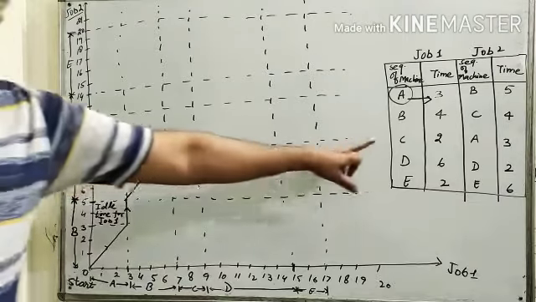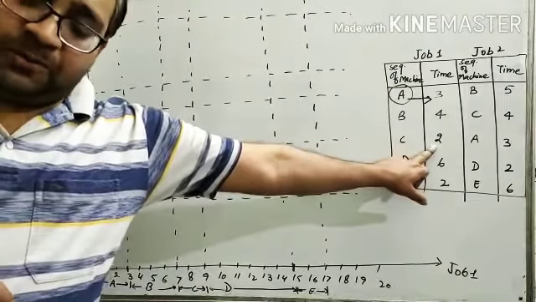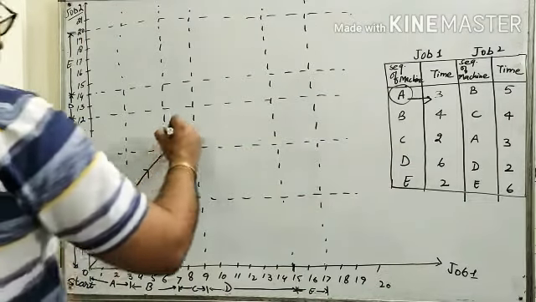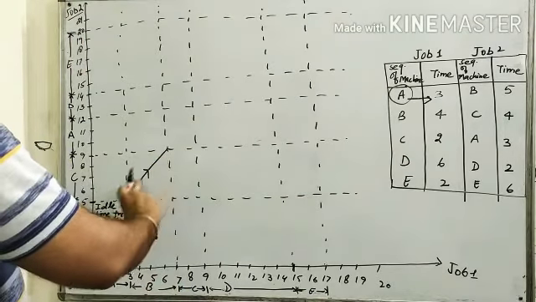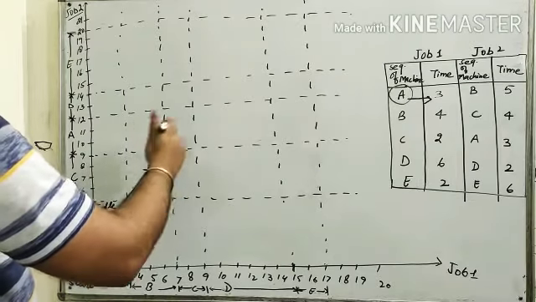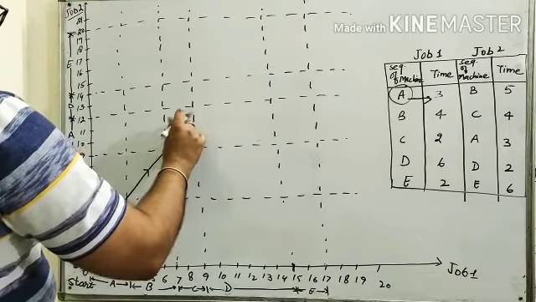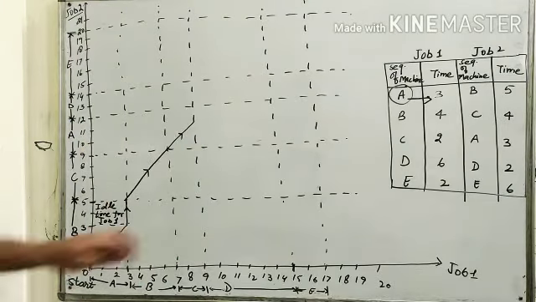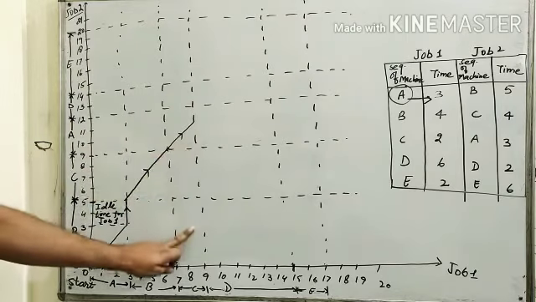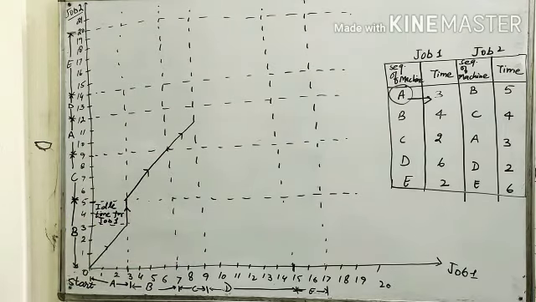Again, for job 1, C will also perform for up to 2 hours. So you can extend this particular line up to the next 2 hours, that is 9 to 11. Now we are blocked at this particular point because it meets this vertical line, and when a diagonal line meets a vertical line, then we have to stop here. Now we have to move either horizontally or vertically, so there is no place to move horizontally, so we have to move vertically.